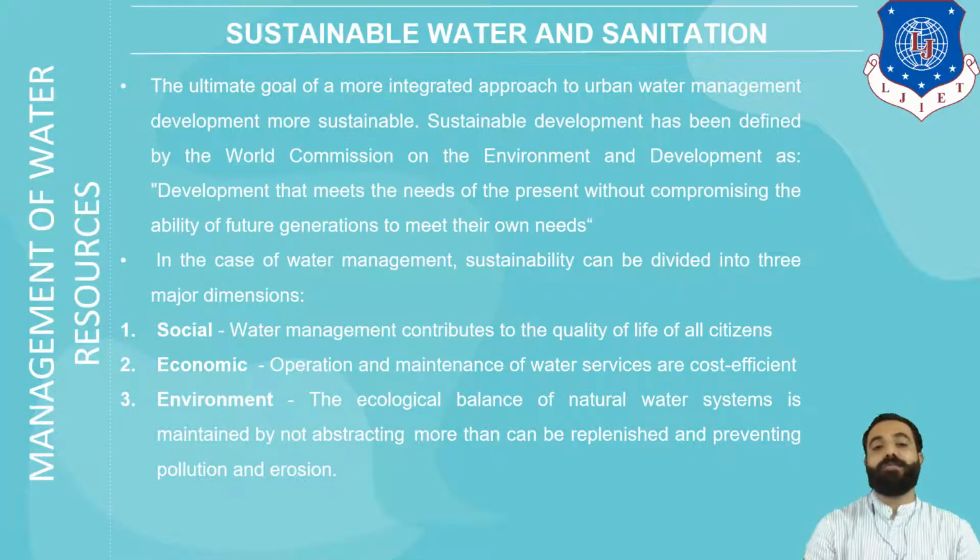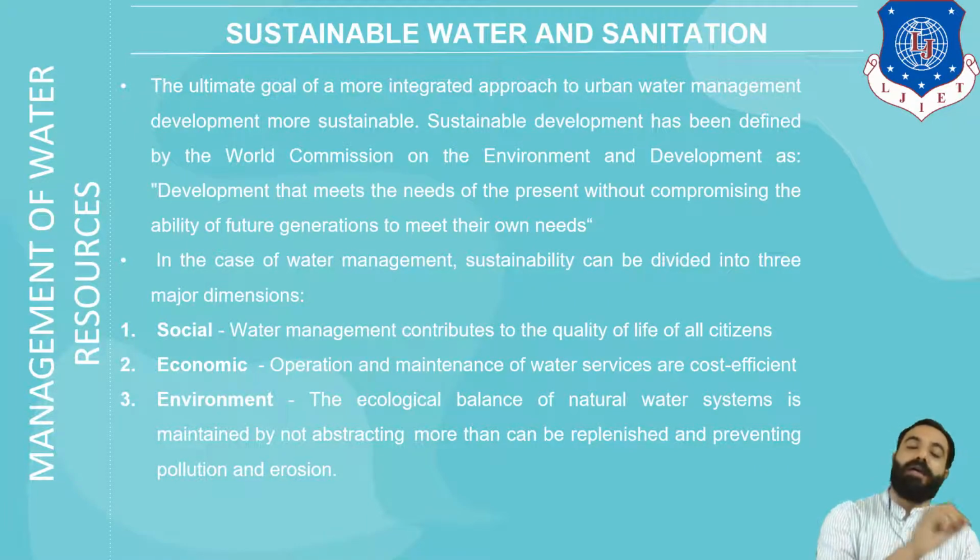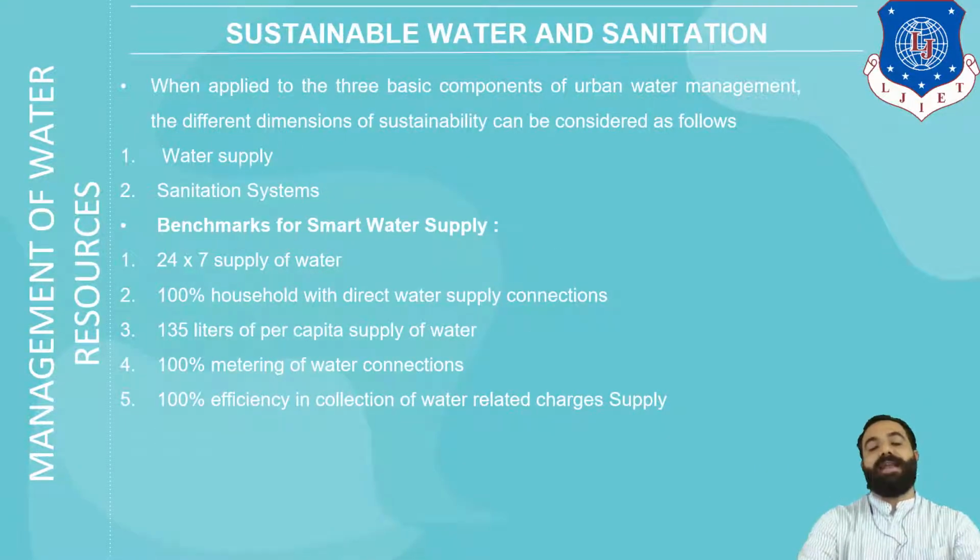And what will be the economic? So that operation and maintenance of water service are cost efficient. Then the third one, environment, so that we maintain the ecological balance of the natural water system, not abstracting more than can be replenished and preventing pollution and erosion. Clear? In social, there is quality; in economic, there is cost; in environment, to maintain ecological balance between different types of sources. Clear? Next, when applied to these basic components of urban water management, the different dimensions of sustainability are considered as follows,